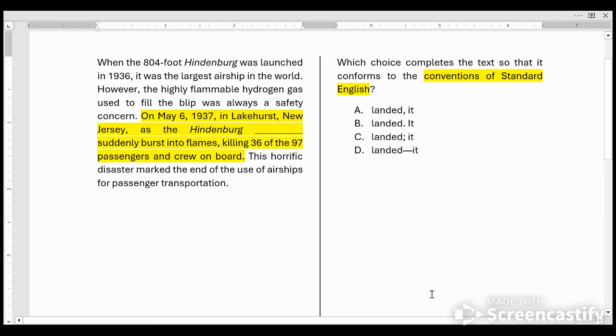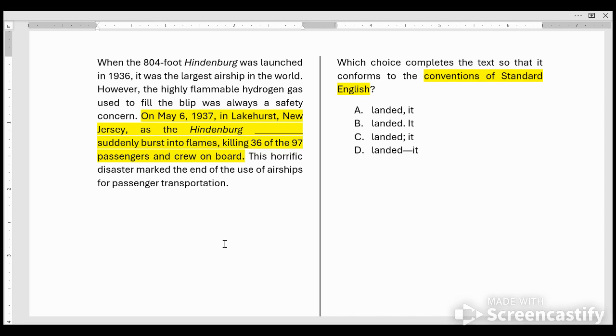Well, this will be a very quick lesson on grammar questions on the new digital SAT. So take a look at this question. We can tell immediately that it's a grammar question because they're going to throw in this little terminology of conventions of standard English. So here's this quick little blurb about the Hindenburg, which reads, when the 804-foot Hindenburg was launched